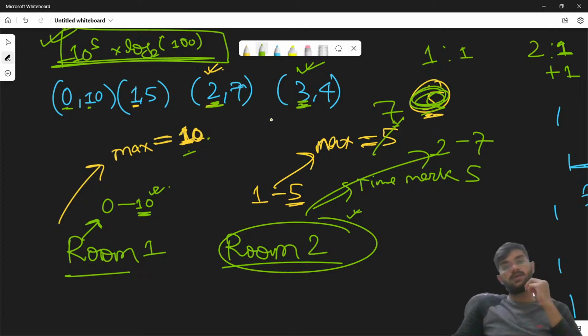7 was the max, but when this got introduced, this has also used some of the time. Yeah, this has also used some of the time. So that could be written as,